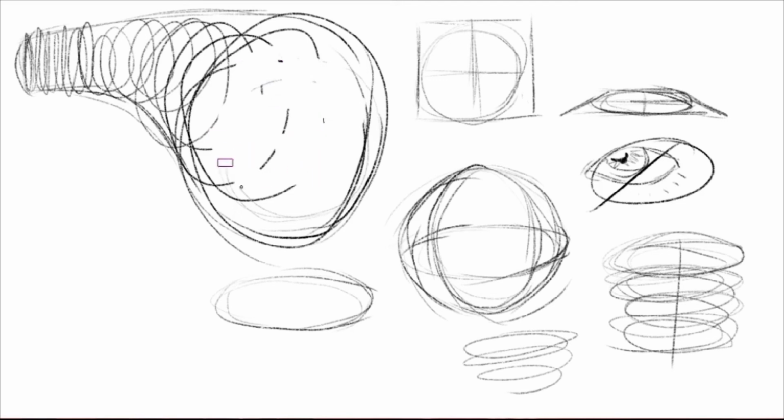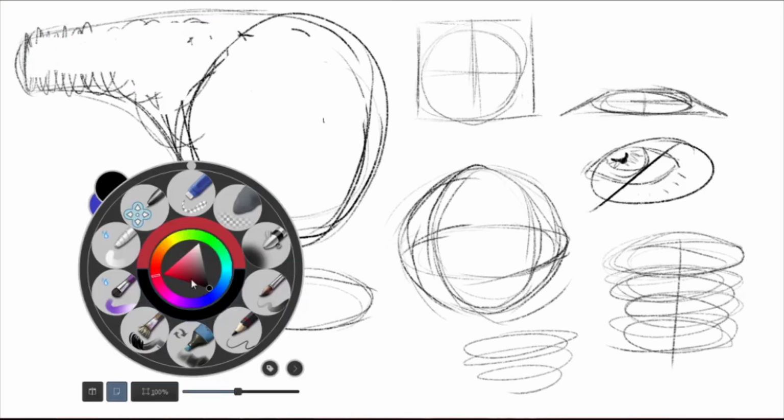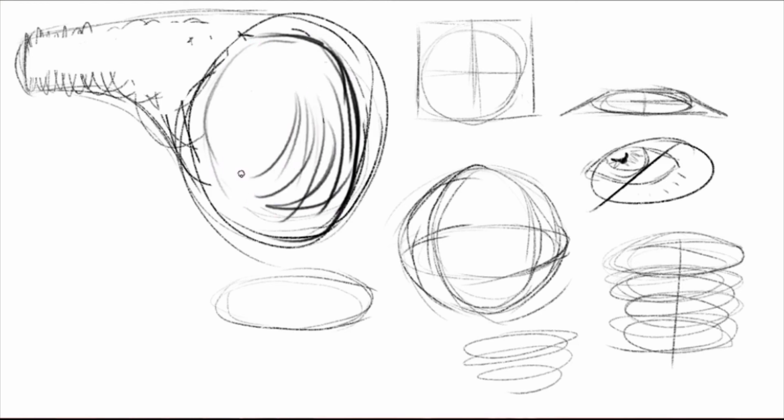Now let me just clean that up a little bit, make it a little bit cleaner. Clear out the inside. Just gonna switch to my eraser. Okay, these kinds of coils are really useful. So this could be like a pipe. And let's say that we also want to portray what it looks like on the inside. Well, first off, I'm going to give it a lip. And then I'm going to have it